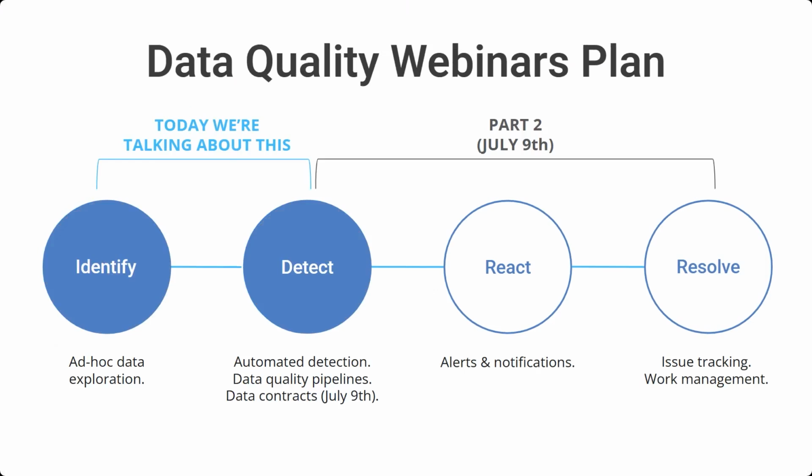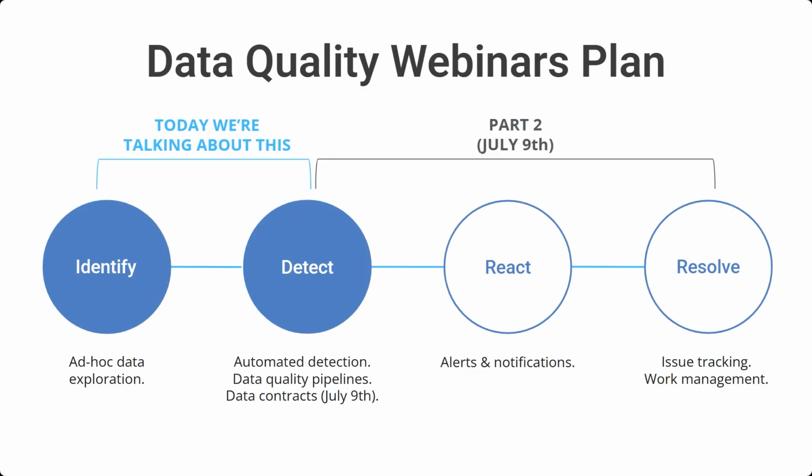And that's why we split our webinars in two. So there are two webinars. Today is the first part, and in 2 weeks will be the second part. Today we will be talking about how to find and identify data quality problems, what kind of data quality issues you can run into, how to handle each type of data quality issue, and what tools EasyMorph can offer in regards to that. We will start talking about automating detection, but it's a big topic, so we will continue talking